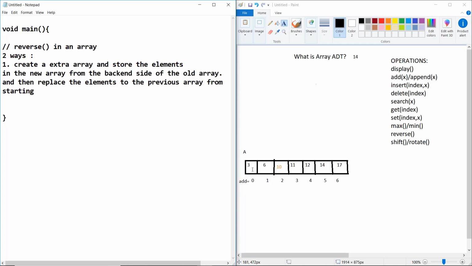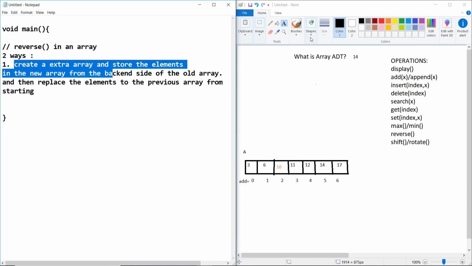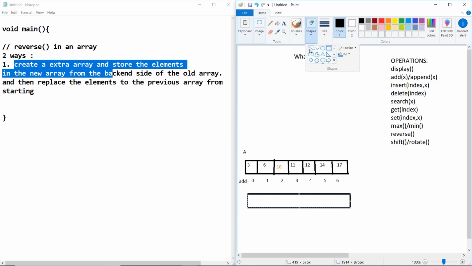So let me visualize this. This is your array which you want to reverse. As it says, create an extra array, so I should create an extra array, the same as this array, having elements 1, 2, 3, 4, 5, 6.